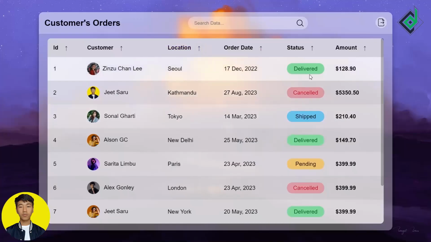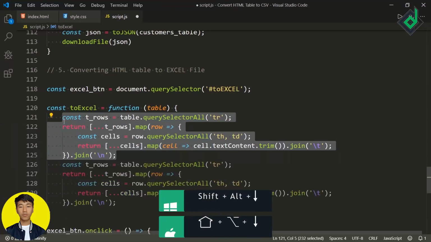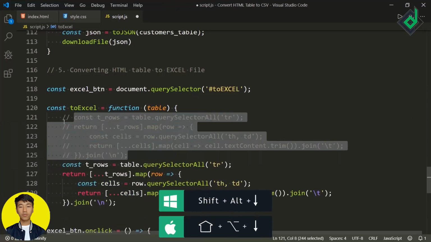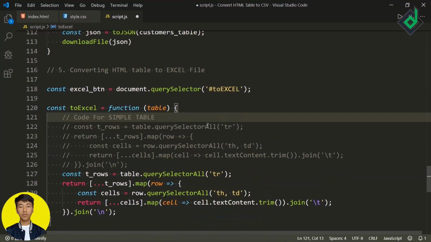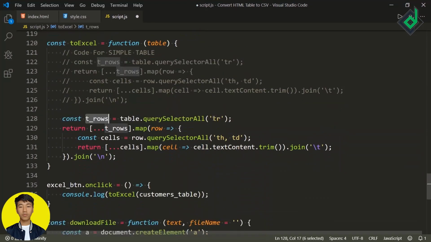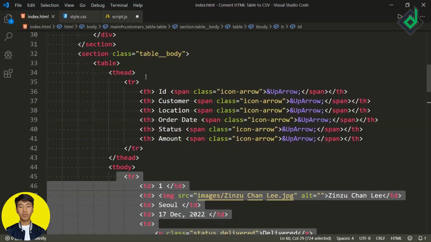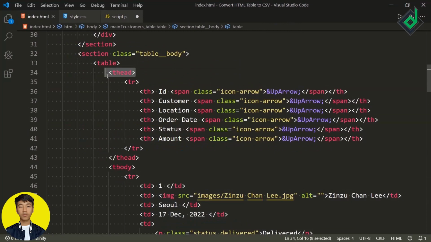So what you can do is that let's select this same code and duplicate it. I want to comment out this code, and let's give the comment code for simple table. Now what I want to do is that I want to store separate value for the customer image. So for that, instead of query selector all table row, let's give their extra table body. So now we are selecting only the table rows that is within our table body. If you have noticed there, we do have table row within our table head as well.